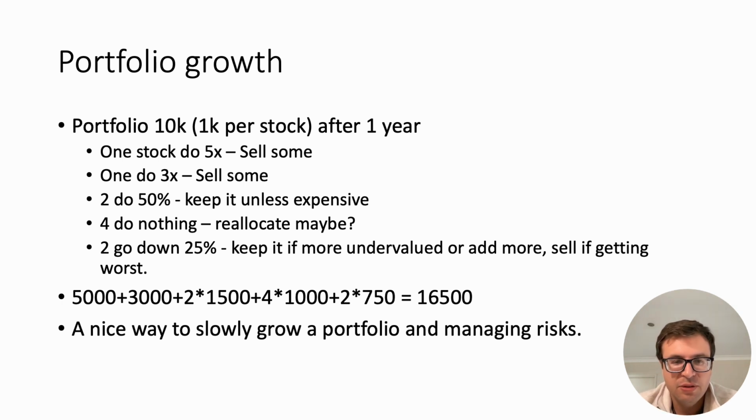It's just to show you that one big gain could replace all the loss of the other ones. Having just 1 or 2 doing quite well will make your portfolio grow very quickly, even though the others are not doing well, and that's the whole idea. So this is a nice way to grow your portfolio, and once that happens 2-3 years down the path, it would be